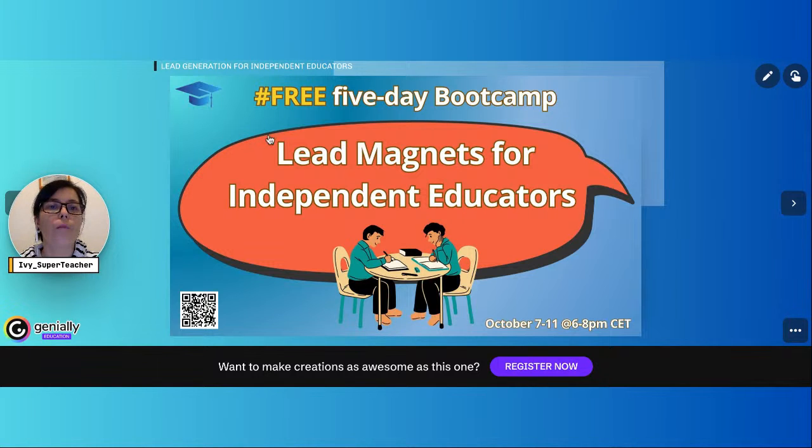So there is a form because I want to build the content and the modules around what we all really want to learn about. Basically, the outcome of this bootcamp is going to be at least 5 specific created, done lead magnets. That's my goal. One type of lead magnet each day, if not even more. This is my first time doing it, but I feel confident we can do it, because usually it's going to be only about 30 minutes of me introducing a specific tool I think we might be using, and then it's going to be a hands-on workshop.